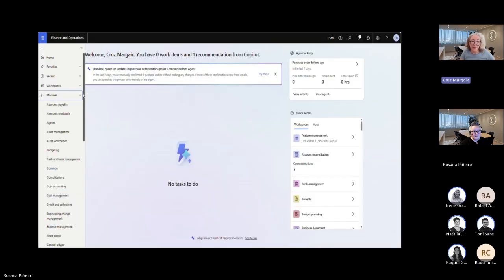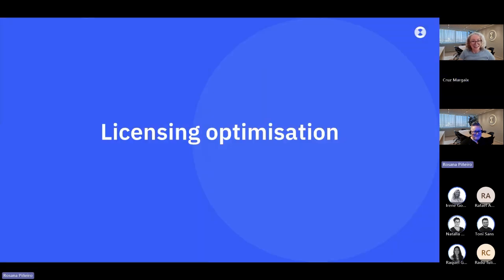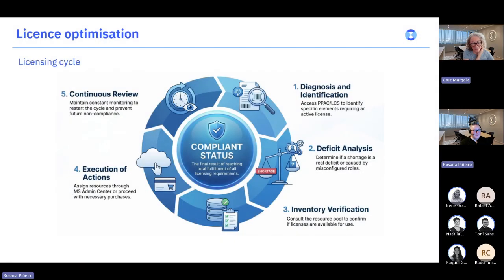So let's go with the optimization section, and Rosana is going to give us a few tips on how to improve our license management.